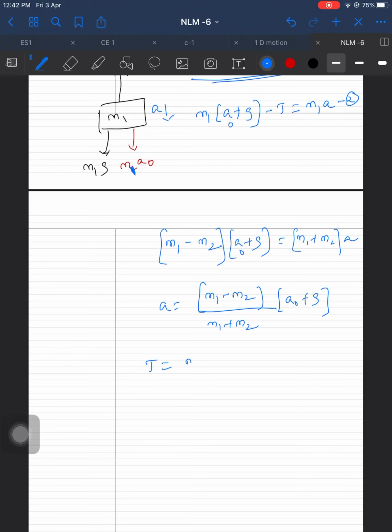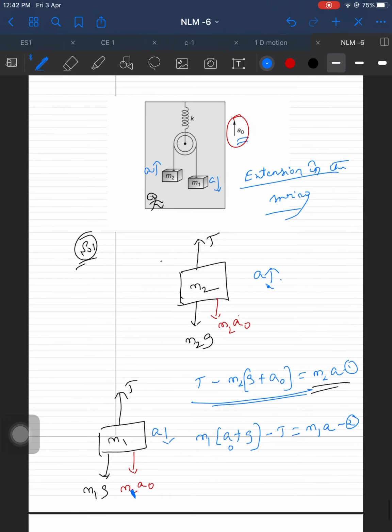Tension is equal to M2A. M2 into A, M1 minus M2 over M1 plus M2 into A naught plus G,